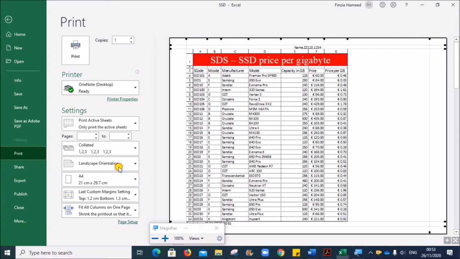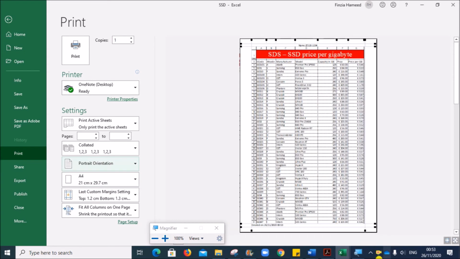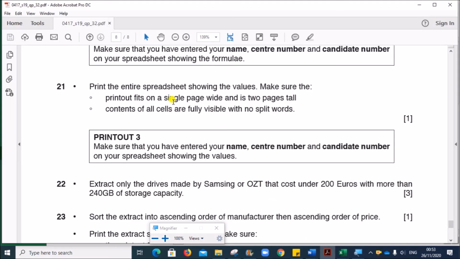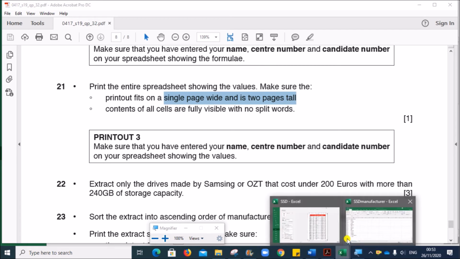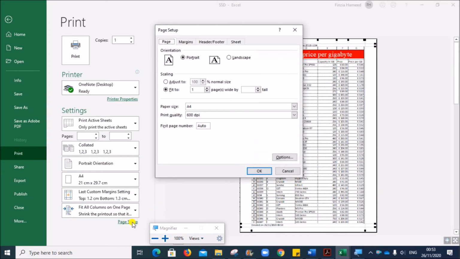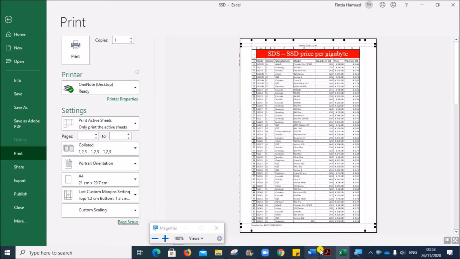So here we can make it portrait, and in order to fit it on a single page wide and 2 pages tall, go to page setup. Here we have fit to 1 page wide by 2 pages tall. You have to give OK. So that is done.